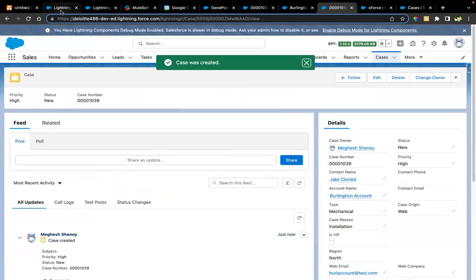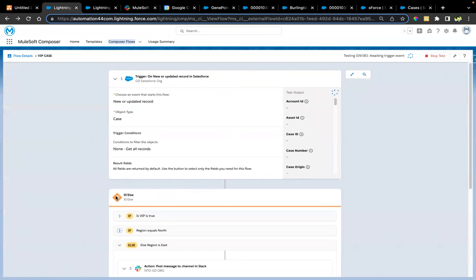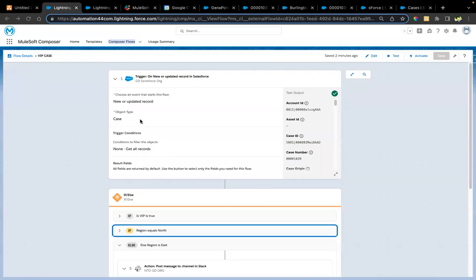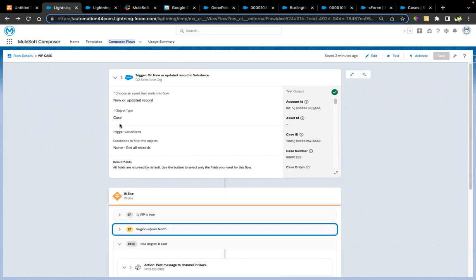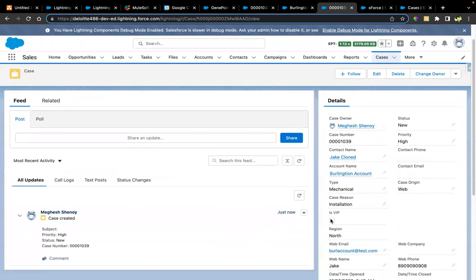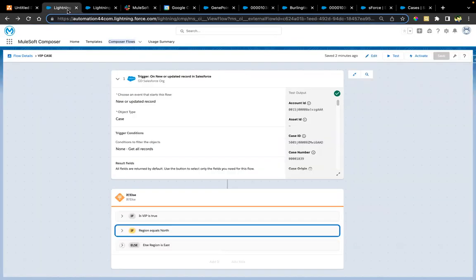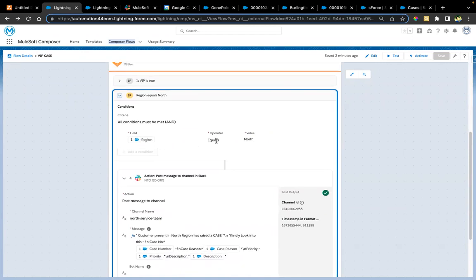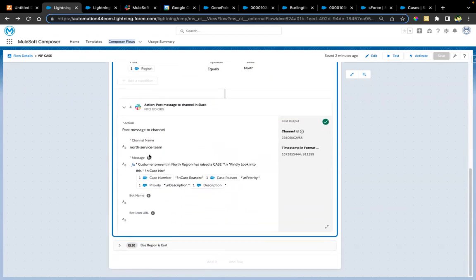See, so now let us wait for the MuleSoft Composer flow to trigger. If we can see, my new MuleSoft Composer flow has recognized that a new case has been created. And because this case was not a VIP customer and belonged to the North region, what did it do? It executed the other if statement, check if the region equals North. Yes, it was. So it did push a message to my Slack channel,